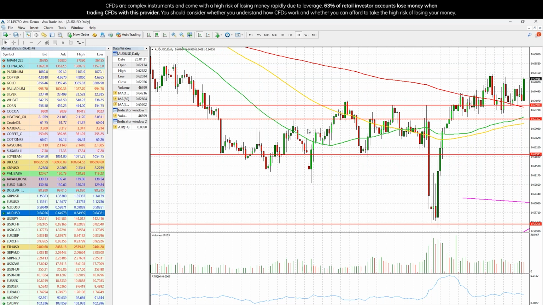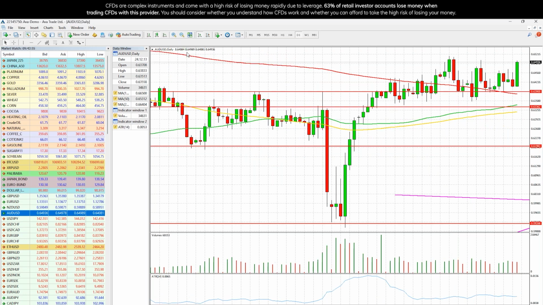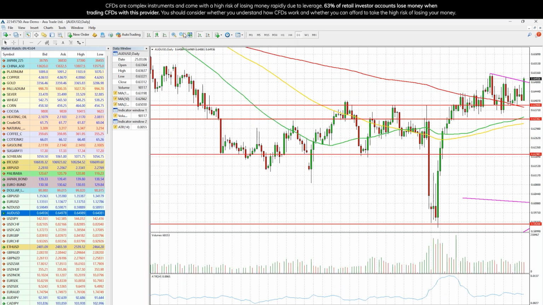The Australian dollar as well looks very strong here. If you connect the previous highs, we actually broke it already and closed higher. So the Australian dollar technically looks stronger than the New Zealand dollar, but both of them are moving higher nicely against the US dollar. If we continue here, this high of May 6th, which was 0.6514, could be challenged.